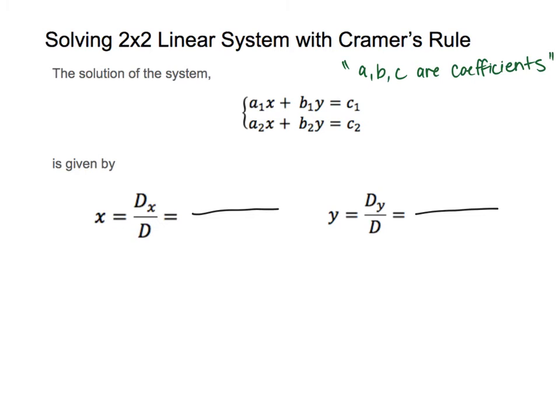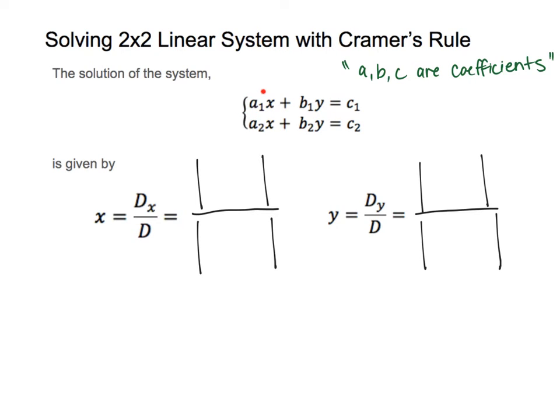So notice how there is a fraction here. That's just the fraction itself. And so determinant, again, uses these vertical lines, so I'm going to go ahead and use that. So we're going to start with the bottom piece here. So D is taking the determinant of the entire system. So what that means is basically the numbers or the variables in front of